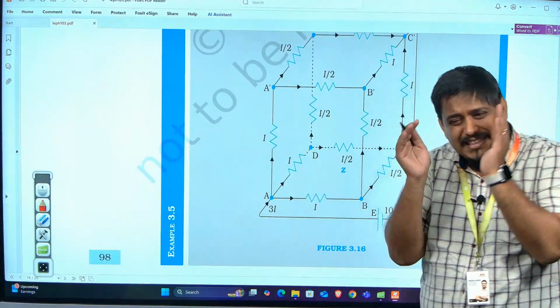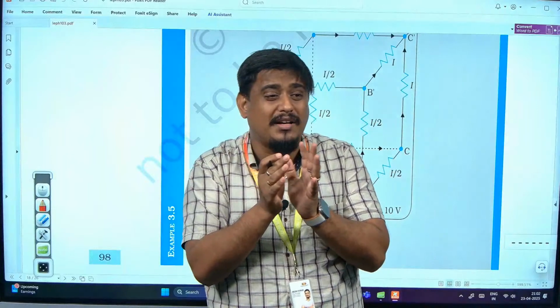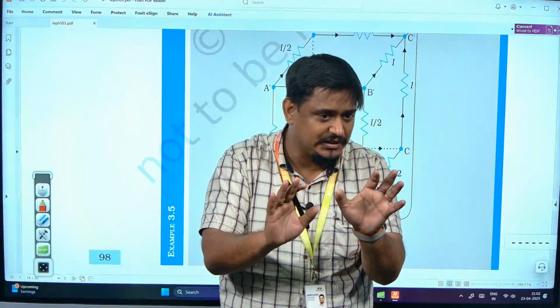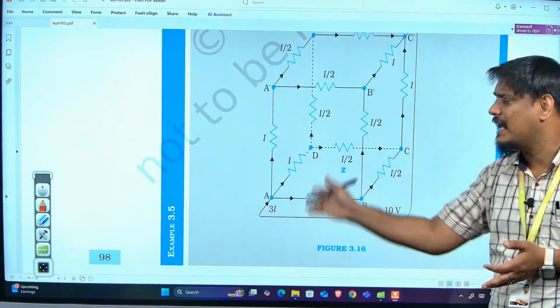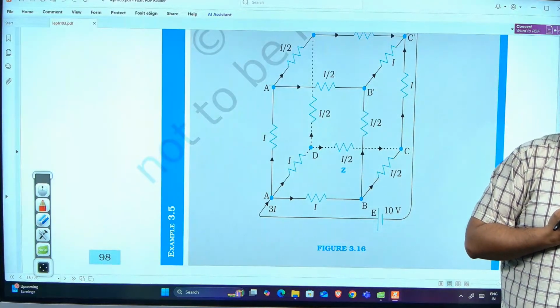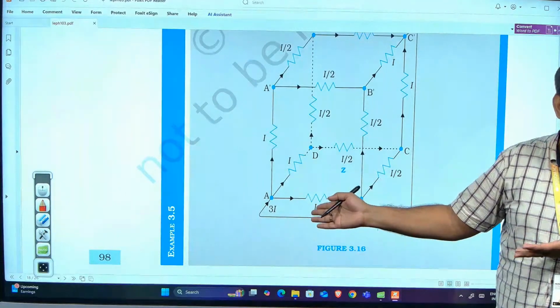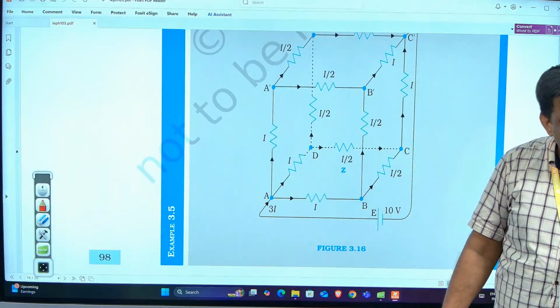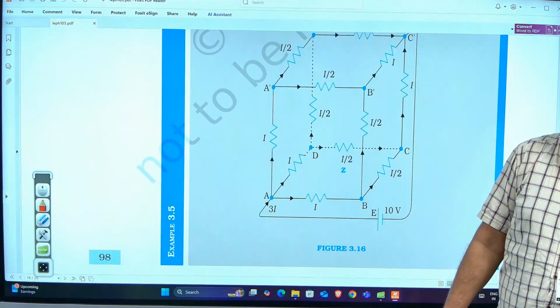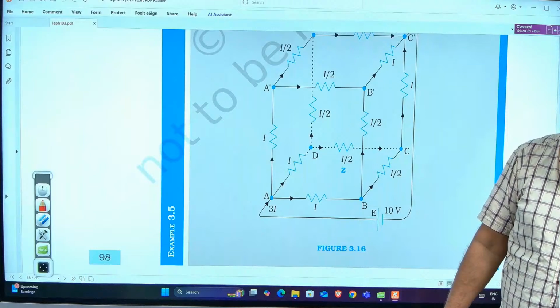Common sense says that if you don't want more fractions and all these tensions, I will take 3I and split I. It's up to me how much I take. I can take 9I also. I is unknown, right? If it is unknown, you can take any value as you want. Are you getting what I am trying to say?